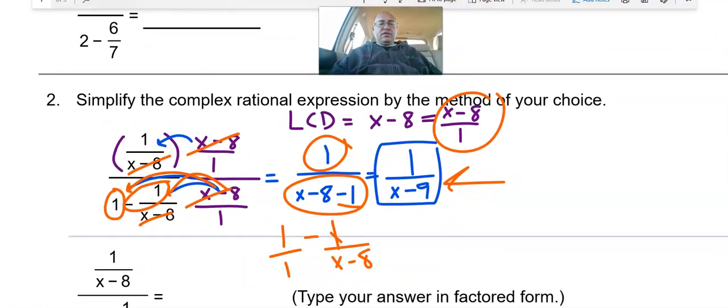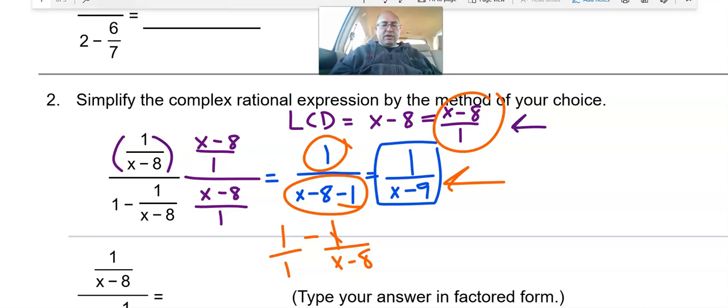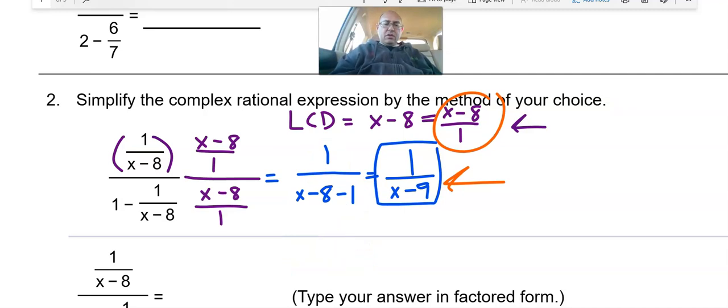Okay, well, what if you are in a situation like this? Whoa, it looks like there is a whole lot of stuff going on here. So the GCF in this case, or the LCD, was x minus 8. And so you can see I wrote x minus 8 over 1. Let's clean this up a little bit so you can understand what's going on. I decided to multiply everything by x minus 8 over 1, of course. When you multiply this fraction times this fraction, the x minus 8 is on the top, the x minus 8 is on the bottom. They cancel each other out, so effectively, boom,